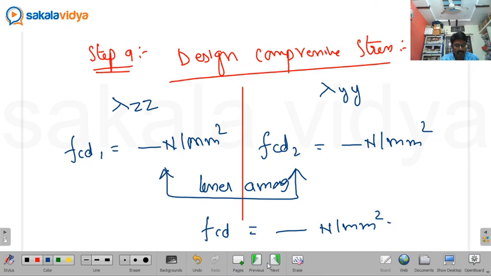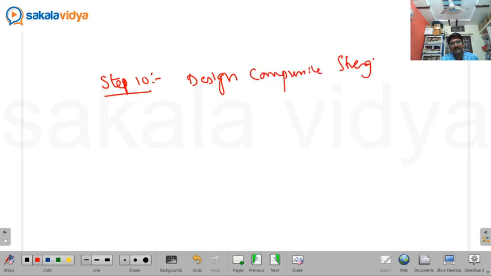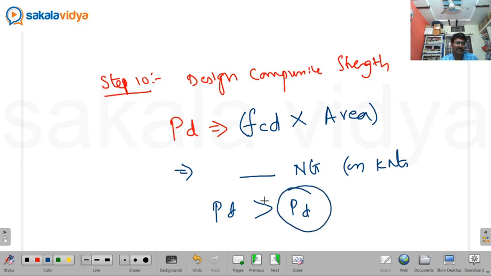So what is our last step? Step number 10, that is design compressive strength. It is denoted as P suffix D. It's nothing but the design compressive stress multiplied with the area of the section. So we're going to get the answer in newtons or kilonewtons. This value should be greater than the design compressive strength which is given in the question. Now let us calculate some numerical problem on model number